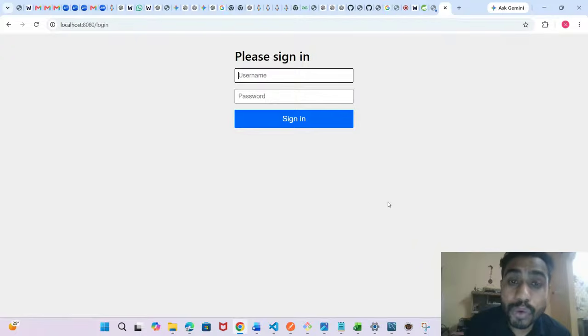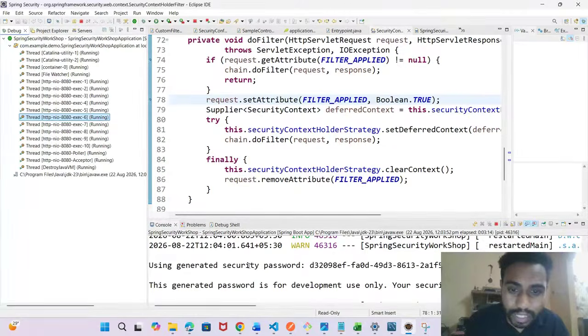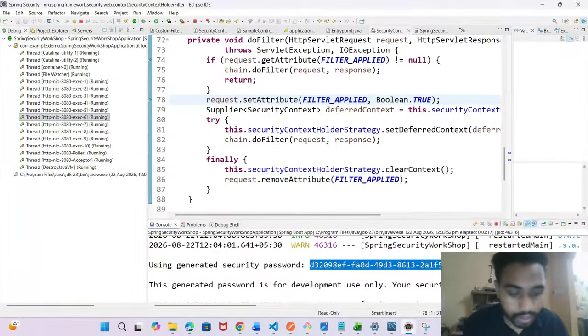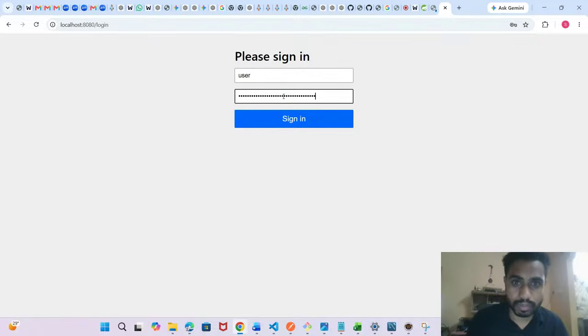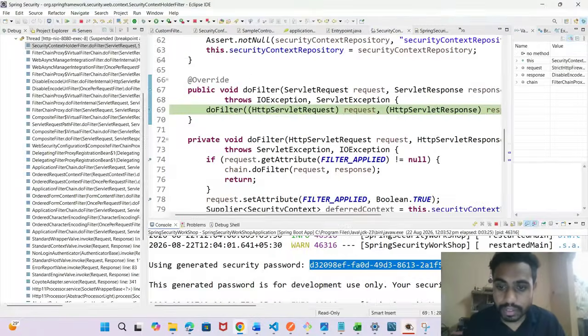See, before displaying the login page, it is going to the security context holder filter. Now user by default, and now we'll give the password. Now again it will be triggered. See here, guys, security context holder filter.